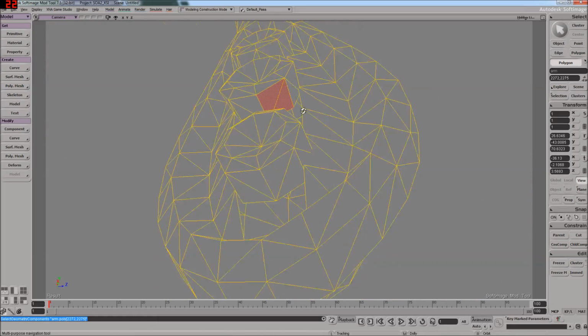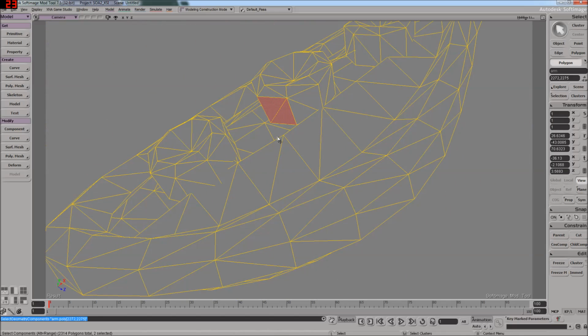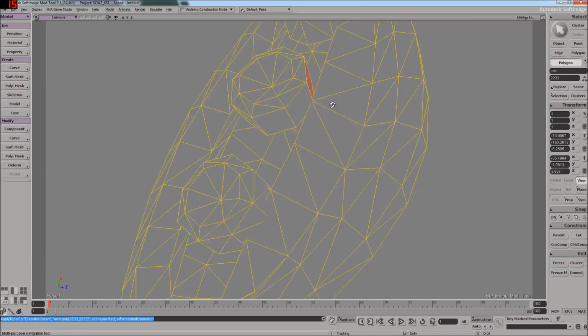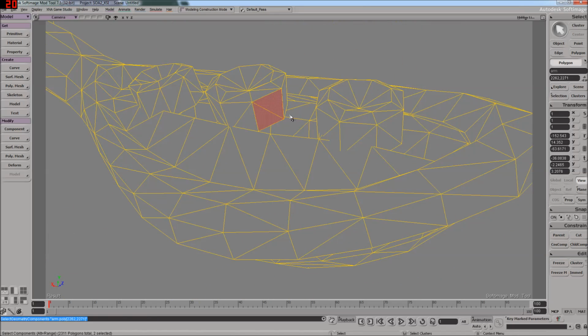So that's a flat quad. You can easily clean that up with quads. I'm just selecting the 2 tries on raycast mode, U key, select the 2 tries, semicolon, semicolon, semicolon,